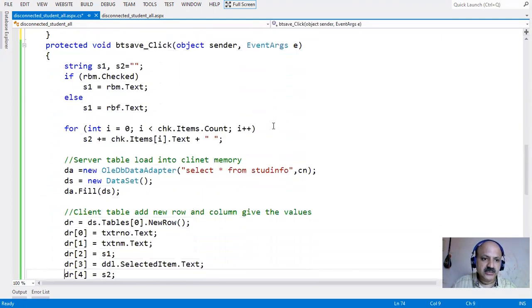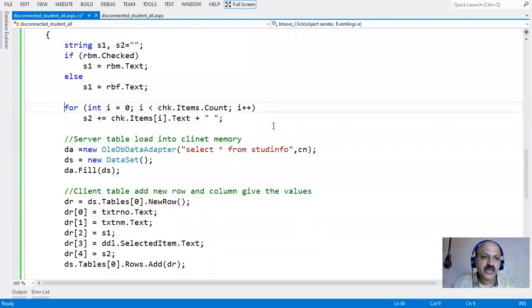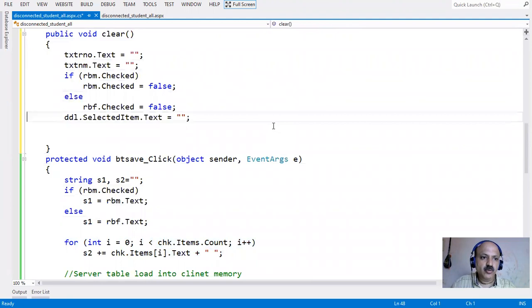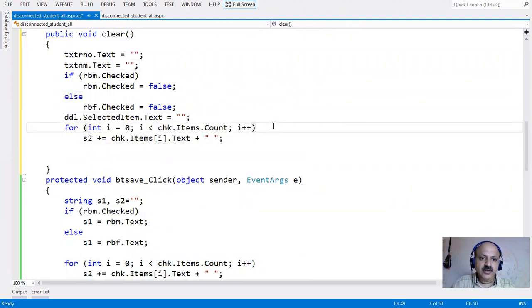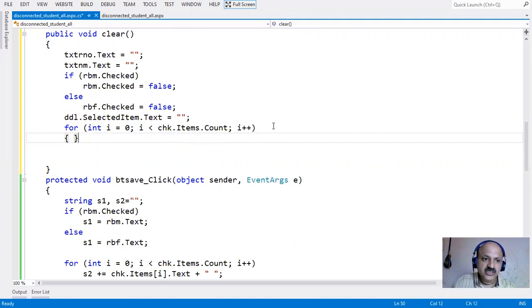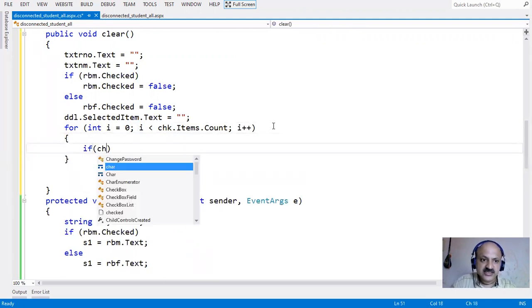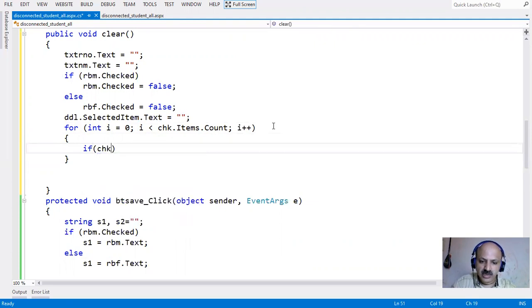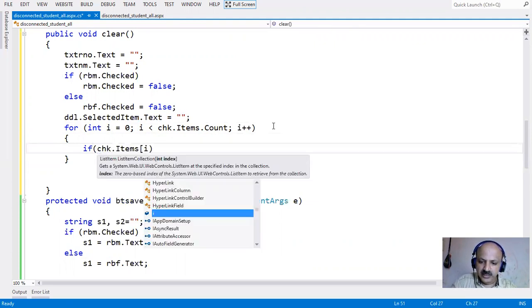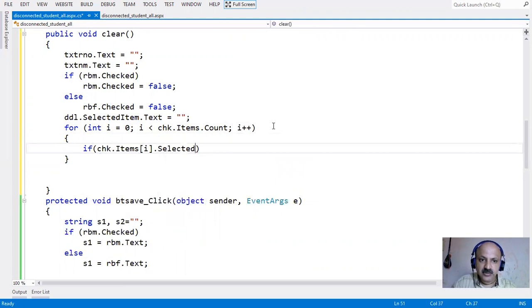So I take this for loop again, copy and paste it here in the clear operation. Here we do not use that if condition; we have to use a different one. So here I provide opening and closing braces, and if checkbox dot items of I is selected, that property is a boolean value.